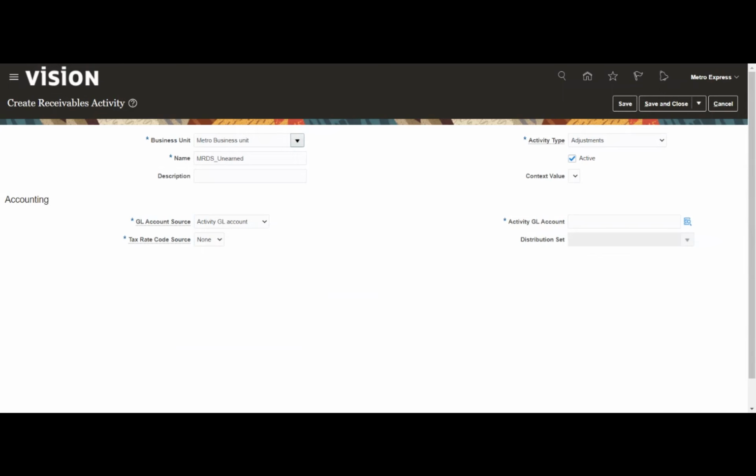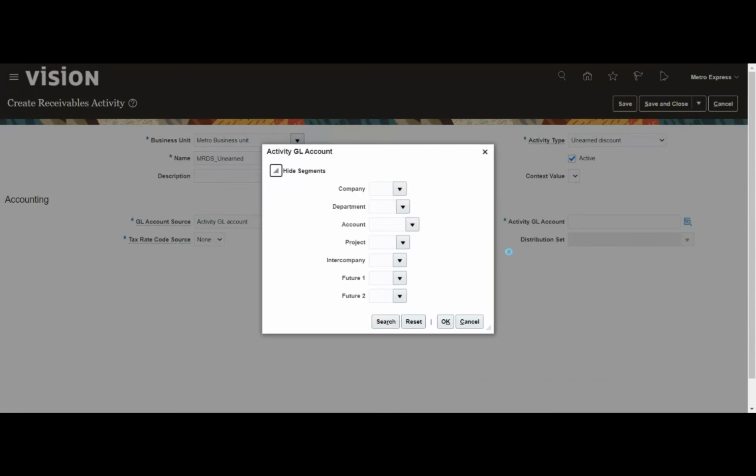But the mandatory ones for our configuration are earned discount and unearned discount. First let me pick unearned discount and then I'll pick earned discount. The reason we need this setup is that when I set up my receipt method, this becomes a mandatory option to give there. That's the reason I'm creating it here, and then I'll go ahead with my receipt setup.